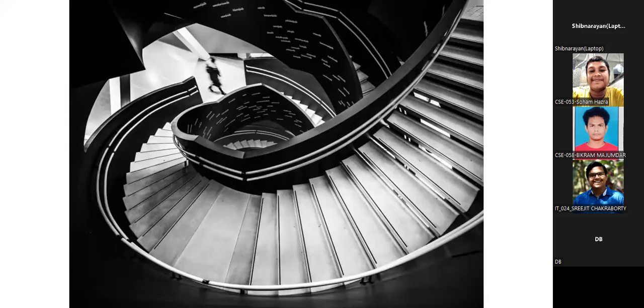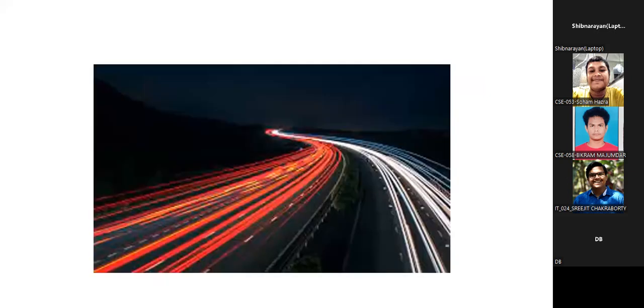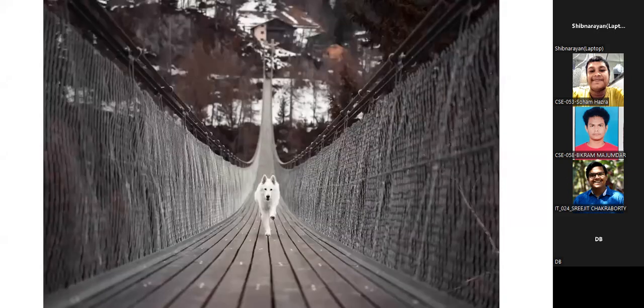So this one is leading line. This is also leading line composition. The light trail is also leading line composition. Okay, so three basic composition techniques: frame within frame, leading line composition, and rule of thirds. Next,